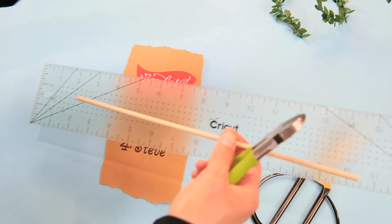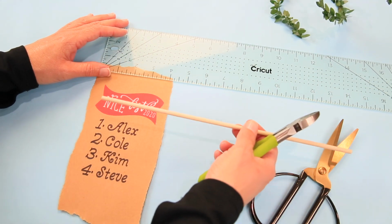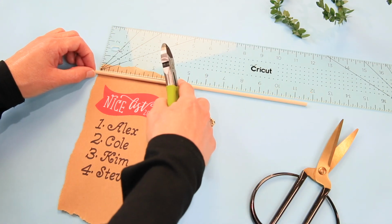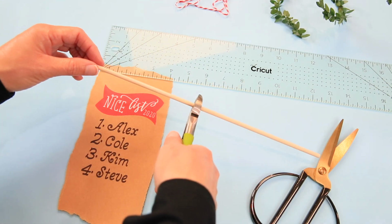I think what I want to do is I want the rod to be roughly 1/2 inch or so longer on either side, maybe more like 1/4 inch. And so I want the rod just to come out a little bit so that I can hang my twine on it. Okay, so what we're going to do then is I'm just going to use the floral snips,